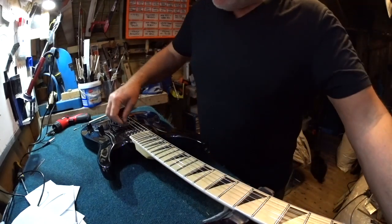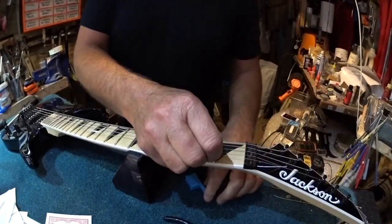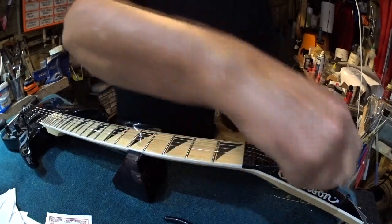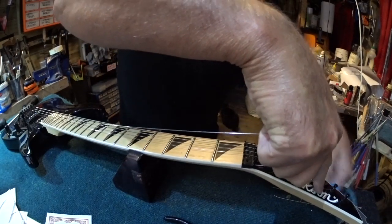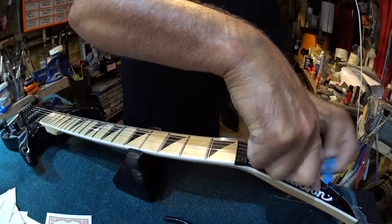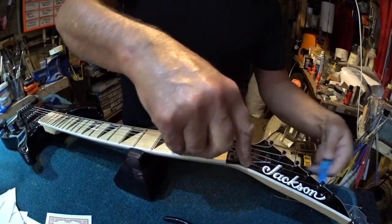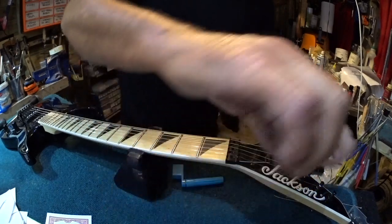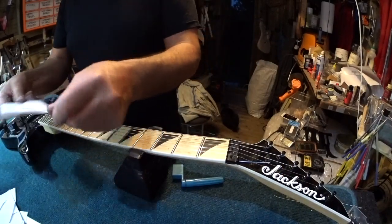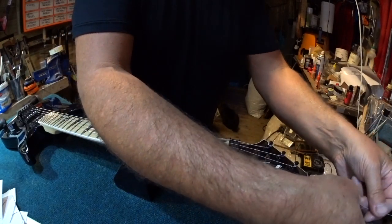So we take it in steps, fitting the strings first, nice and tight, or nice and strongly attached. Pull back a fret, wind it on, tighten it up so we don't get too much on the peg. Which will feel like too much now, but it will be fine because it's all taken out of the mix by the locking nuts. So if it runs over a bit like I have here on the B string, it's no big deal. It's a little less tidy than I would have liked, but it happens when you pull back and it pulls a little further onto the thing than you'd like. But hey, well. Anyway,